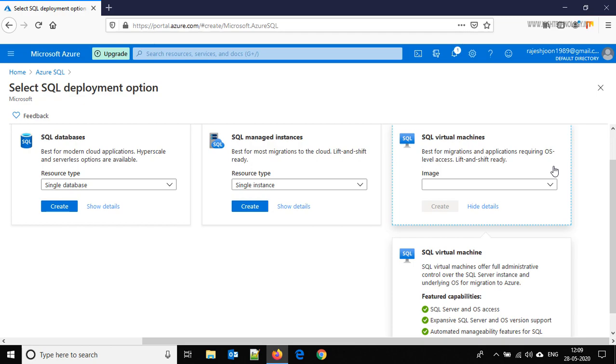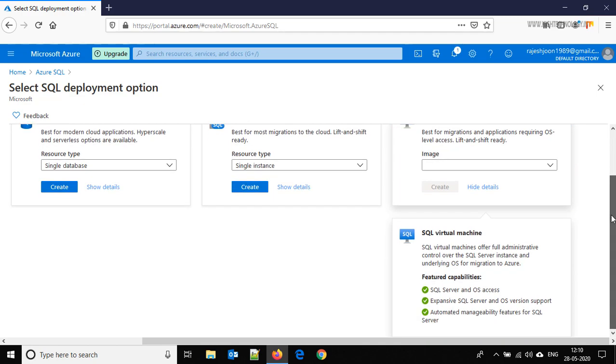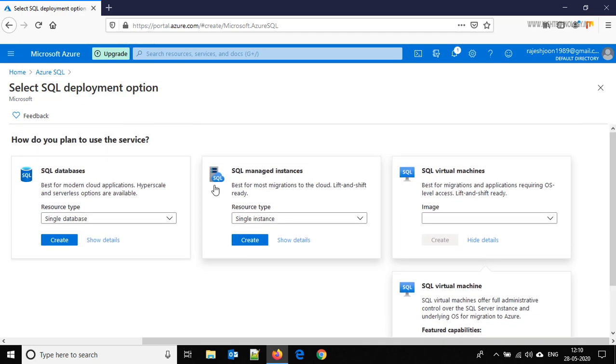Meaning to say we have all the functionality which we want, and it's just the same as the on-premises SQL server which we install on our system. It's just the same, but it's on the cloud on Azure. This is just the difference. So here let's click on create, so we create a database here.